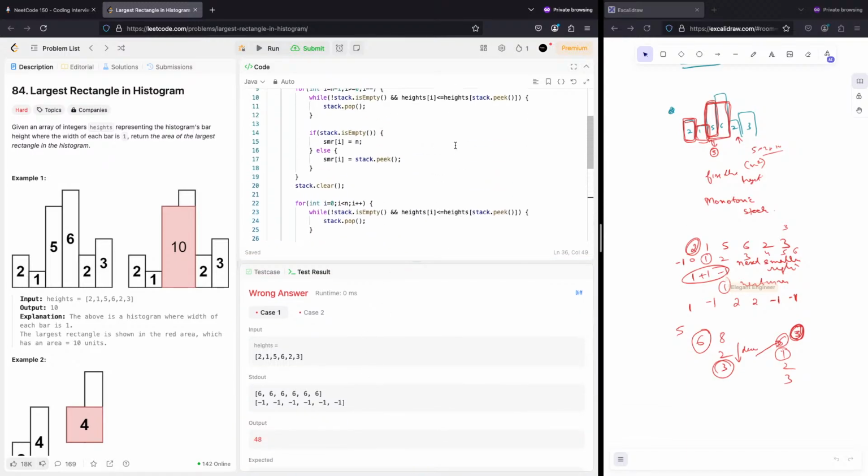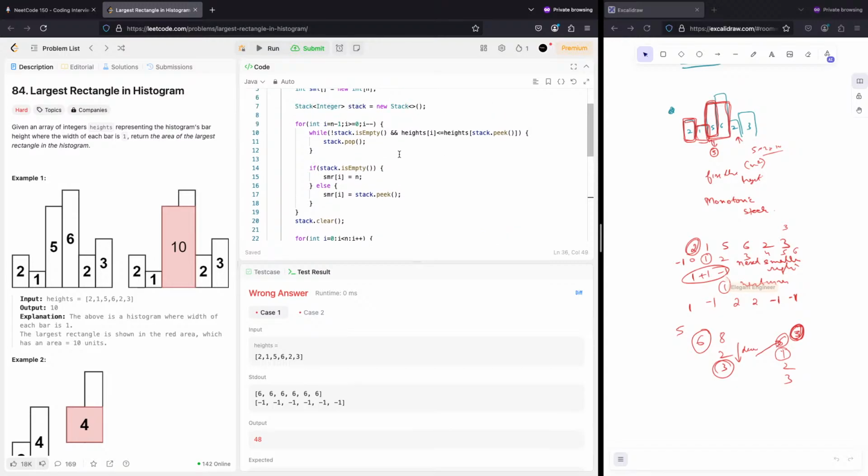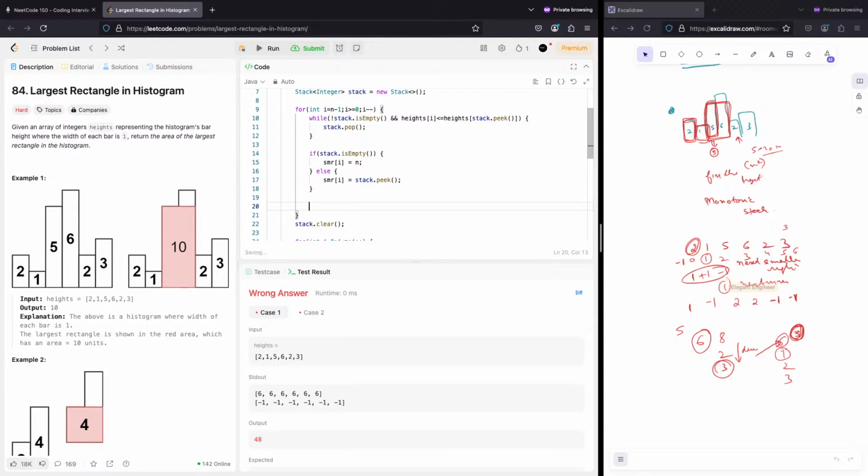Okay, it is all -1, is it? Okay. Oh, never push to stack, right? So this always goes in, whether it is